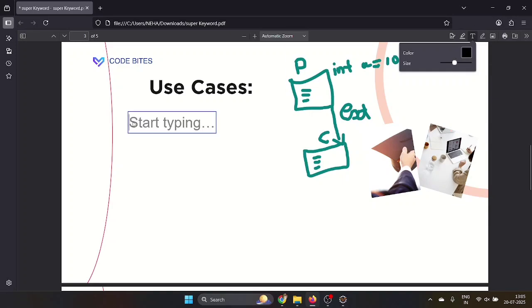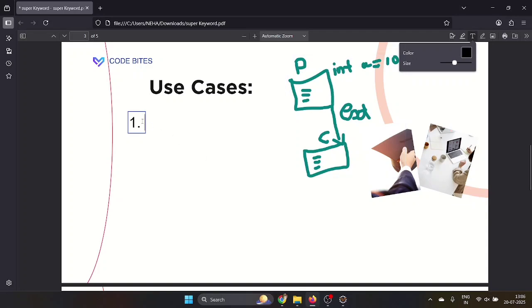So let's take here, I will write it as a 1. When we use the super keyword, it means you want to access the parent class variable. Here you have written int a equal to 10. If you want to access the parent class variable, you make use of this keyword.